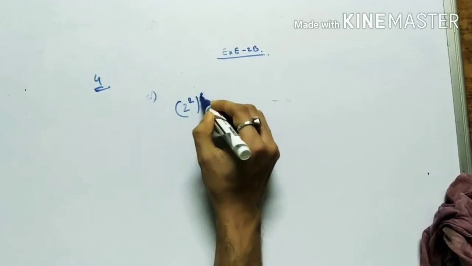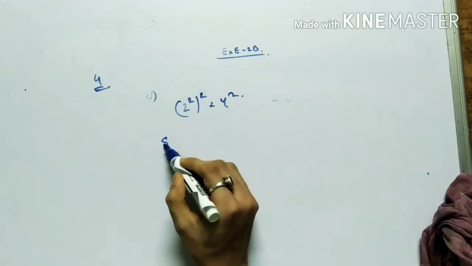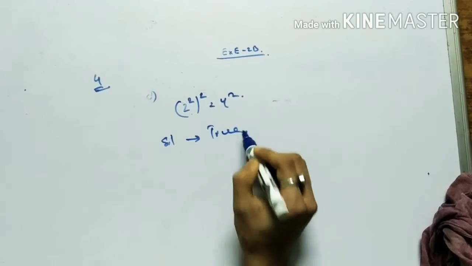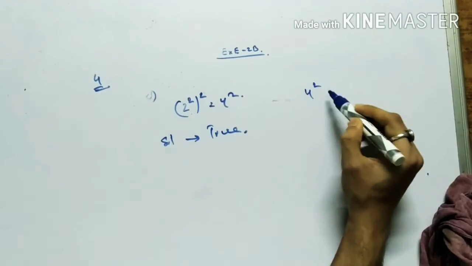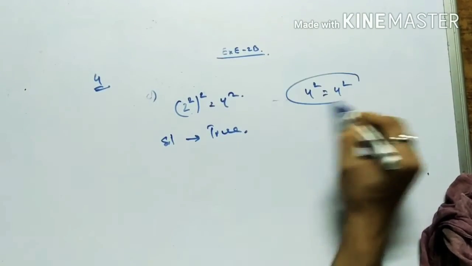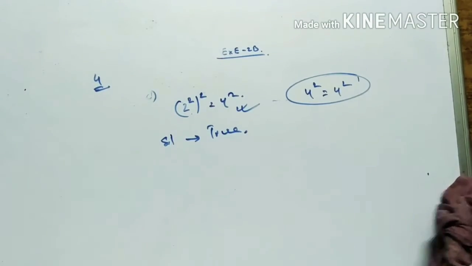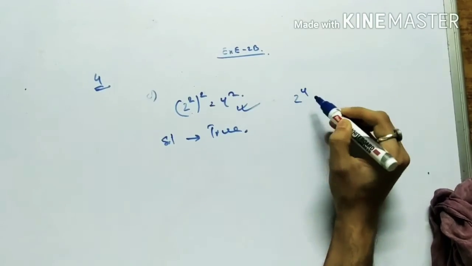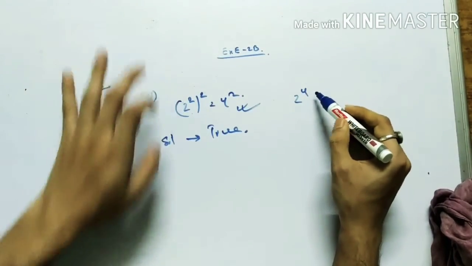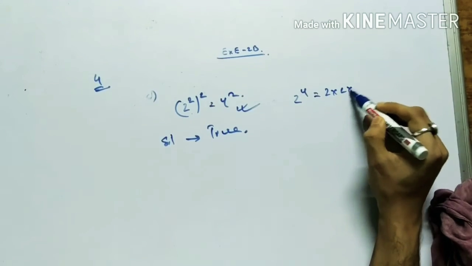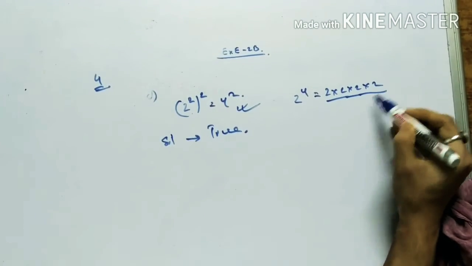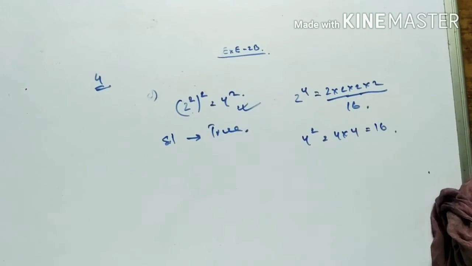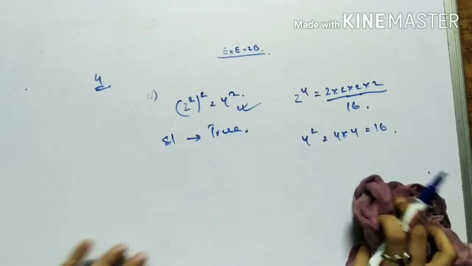Next it is number C. 2 to the power 2 to the whole power 2 equals 4 to the power 2. Yes, this is also true, because 2 to the power 2 is 4, so it is 4 to the power 2, the same thing. Or you can see it this way: this becomes 2 to the power 4, which is 2 into 2 into 2 into 2, 2 to 4, 4 to 8, 8 to 16, and 4 to the power 2 is 4 into 4, which is also 16. So therefore this is true.